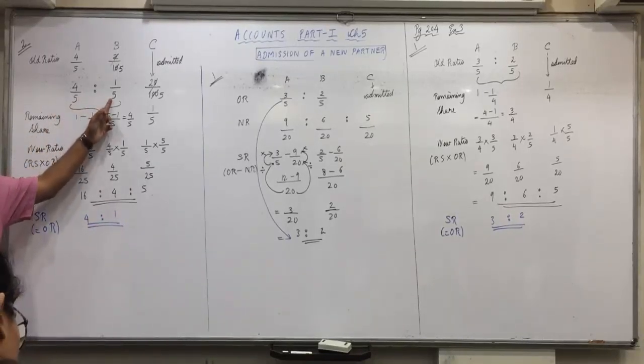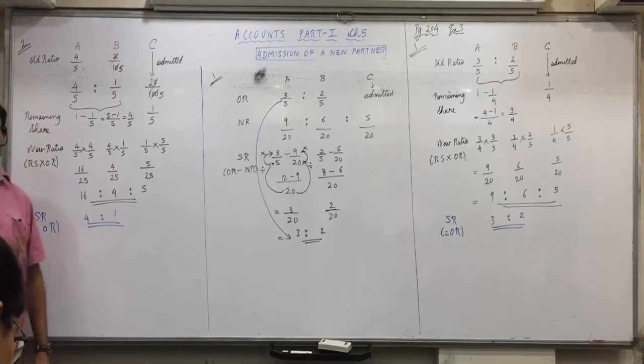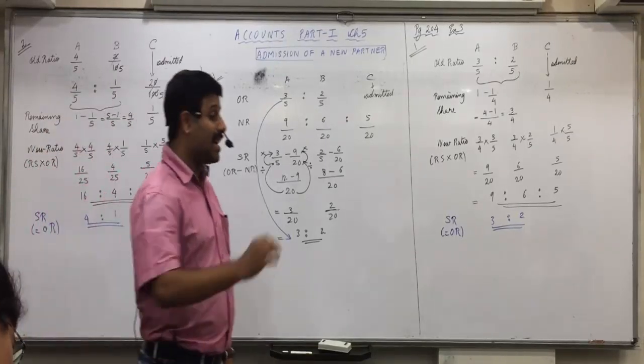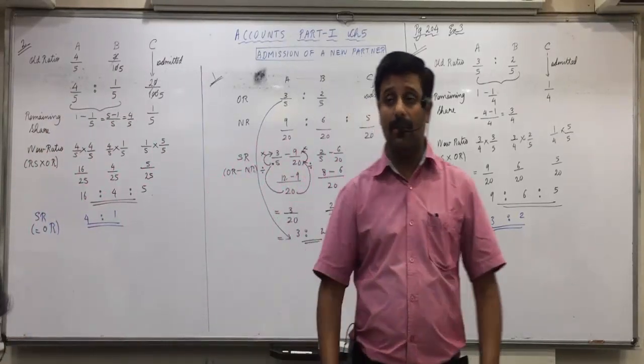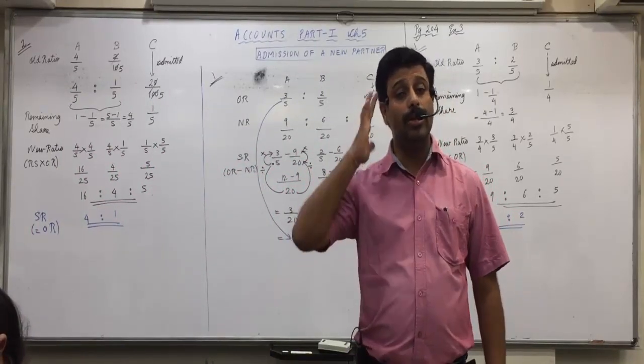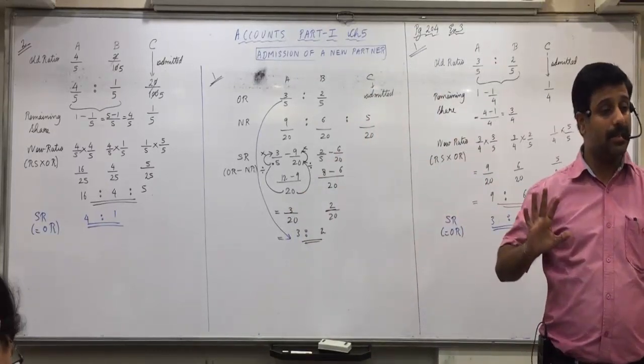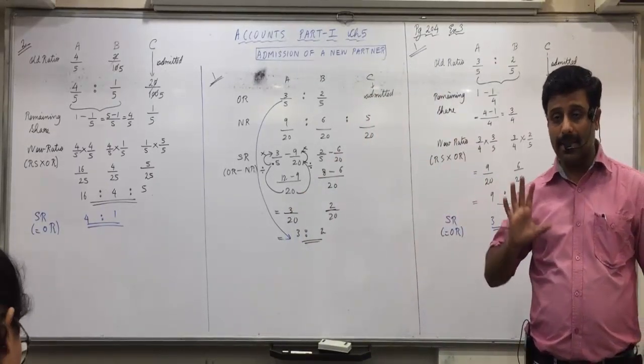4:1 was the old ratio. And in that extra question also mention that SR equals to OR 2:1. So throughout the chapter, remember this point. Whenever first situation comes and sacrifice ratio in cases required, will not find it. We will directly take it same as old ratio. And this is how I have proved it. Any confusions with this? All are clear with that? Okay.